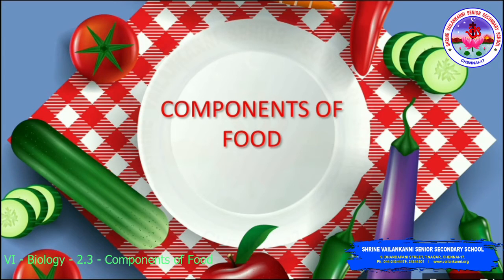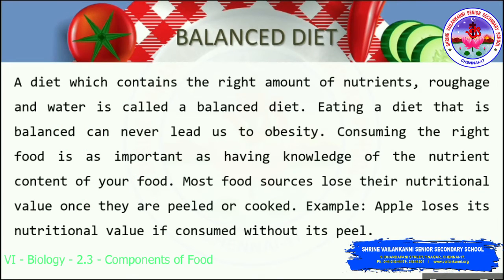So now, each individual has their own dietary requirement, and it differs from person to person. For example, an energetic person needs more carbohydrate and a growing child needs more protein. So a diet which contains all important nutrients in the right amount is called a complete diet or a balanced diet. If a diet consists of a single or a very few food items, then the diet will be unbalanced